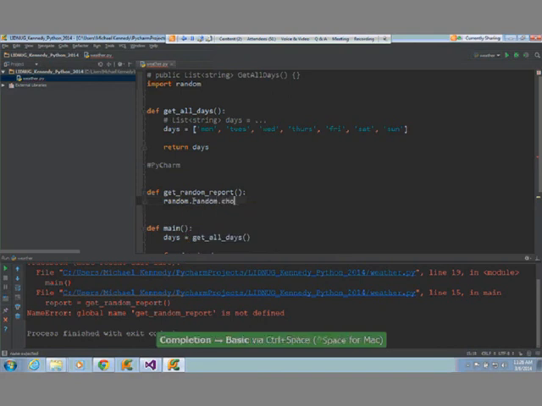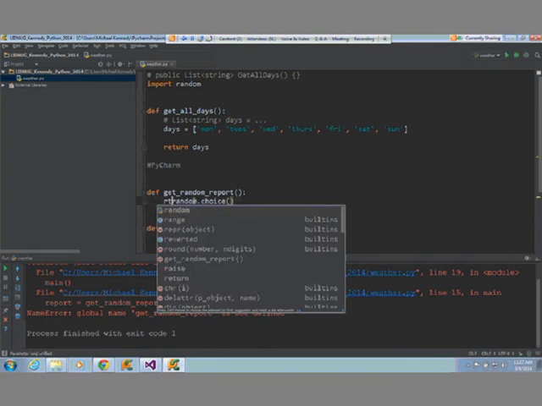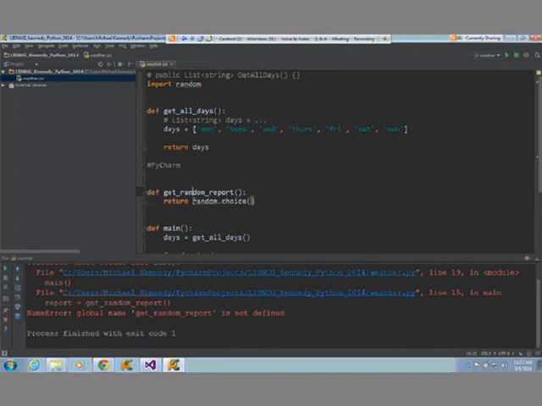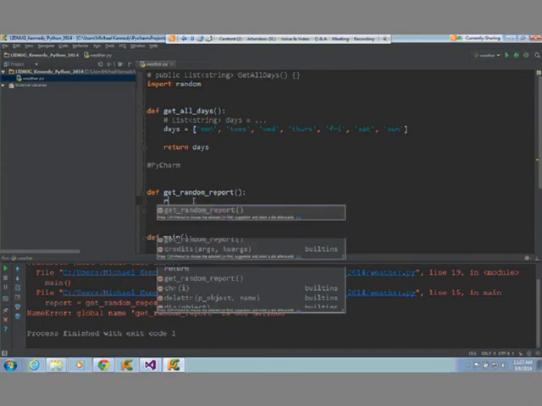Probably the best one to use is, what's this, choice? Yeah. So choice, given an array, is going to return one of the elements randomly selected. So rather than creating a random number and figuring out which integer within the index I want to use and then choose one of those, I can just say random dot choice. But I need reports, like some sort of variable that holds these.